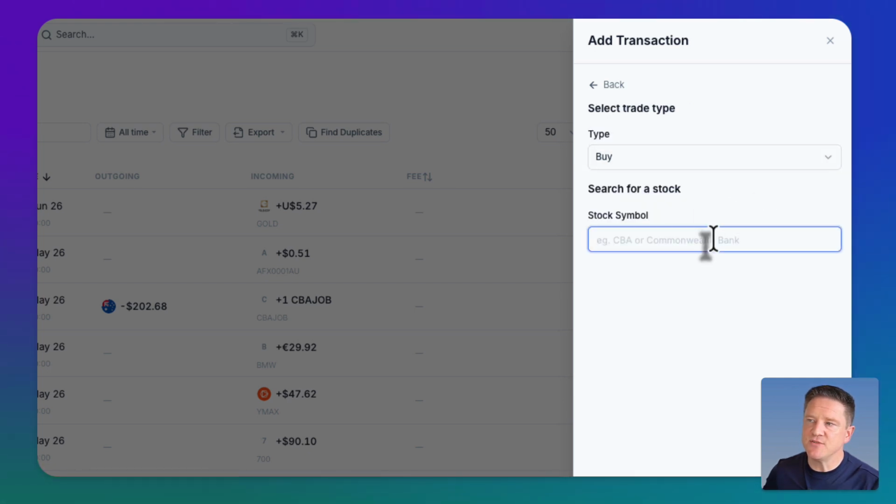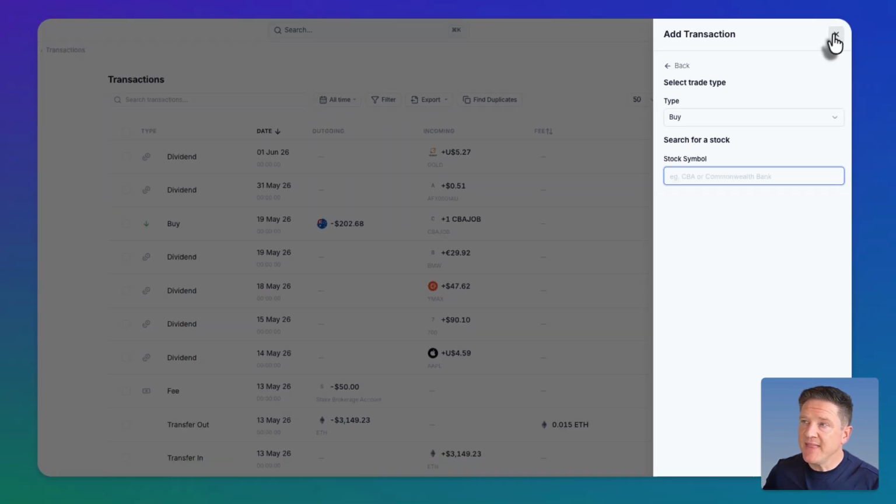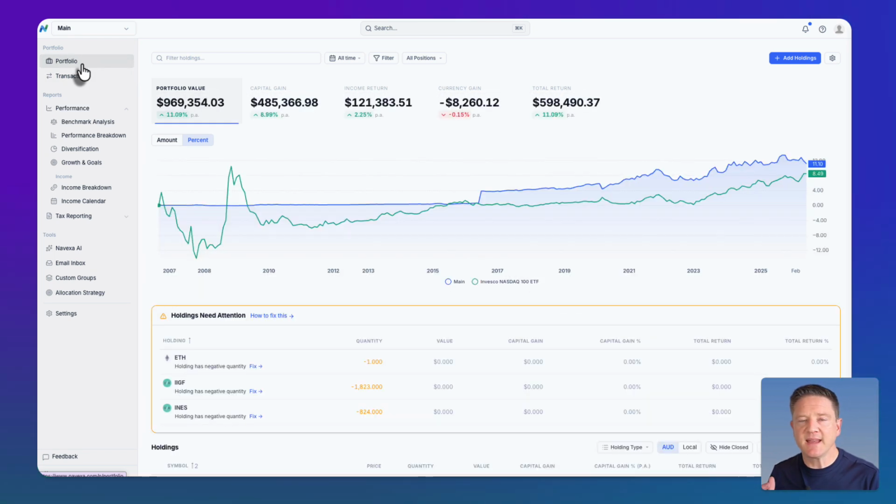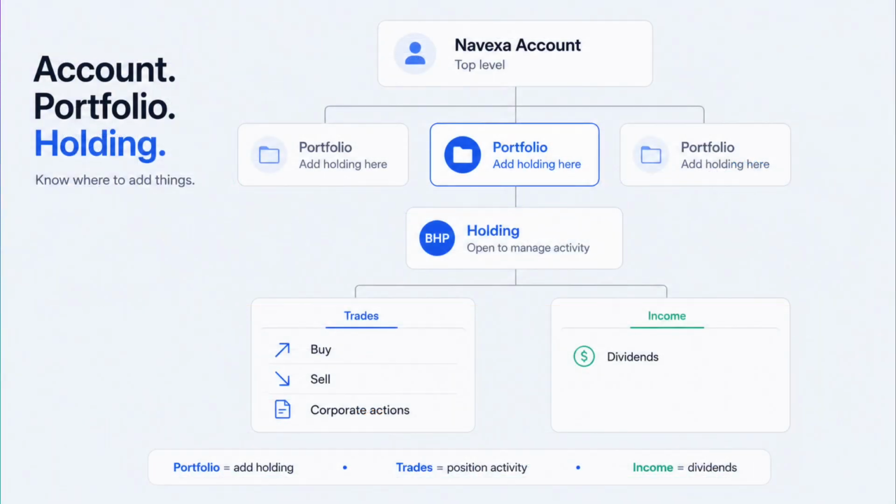And obviously it makes you search for the actual holding from this side tab. That's a little bit convoluted because there's more steps. You have to actually identify what holding you want it to be attributed to. So the easiest way to always think about it is you've got the account level at Navexa, and inside you might have multiple portfolios, and inside one of those portfolios you've got many holdings, and that brings us back to